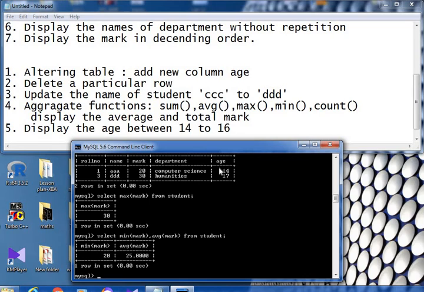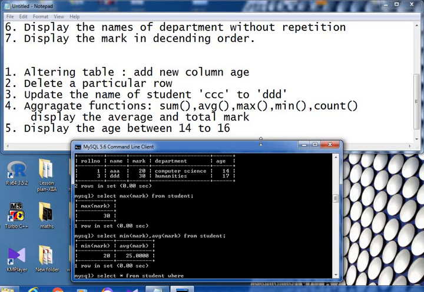Suppose you want to display the details of students whose age is between 14 and 16. How can you give the query? Select star from student where age between 14 and 16.